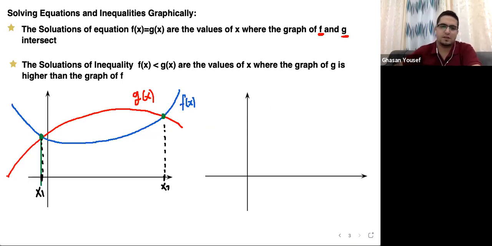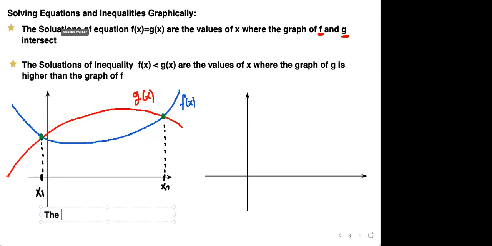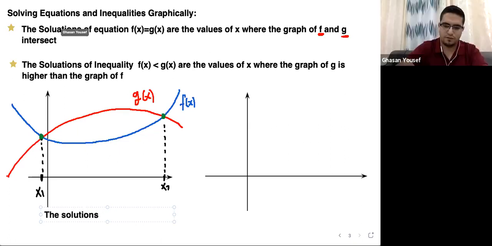So this is the first intersect, and this is my second intersect. So this is the solution. Here I can write down behind this graph the solution of the function f of x equal g of x